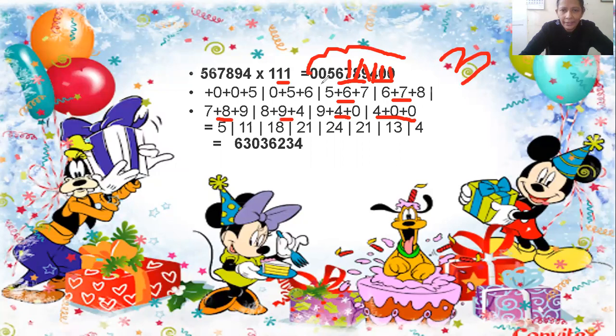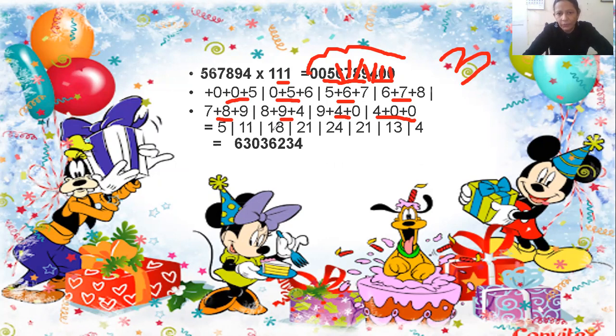Look here, what are the next three numbers? 0 plus 5 plus 6 are the next three numbers. So you will write down here 0 plus 5 plus 6. Now you cut this 6 also. Now you look here, what are the next three numbers? 0 plus 0, 0 plus 5. So you will write. Now you have to solve this. Now you will do the addition here.